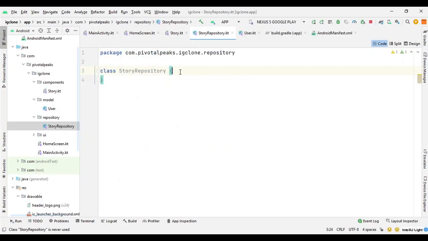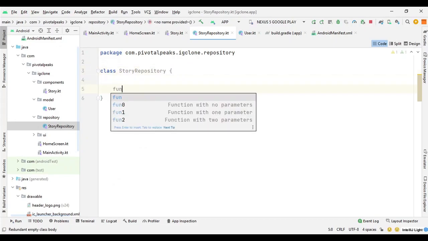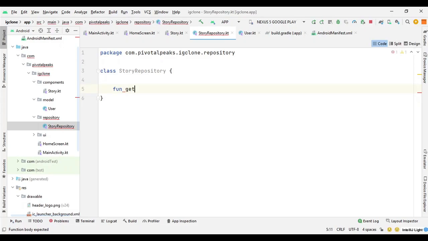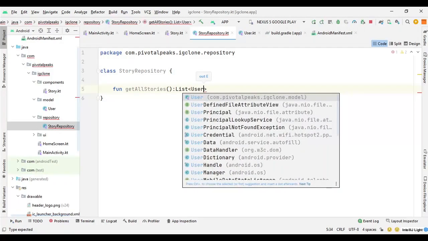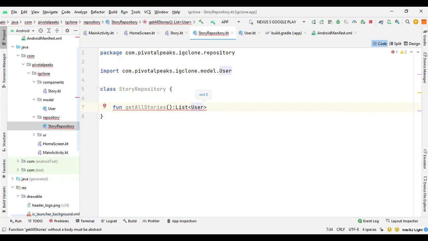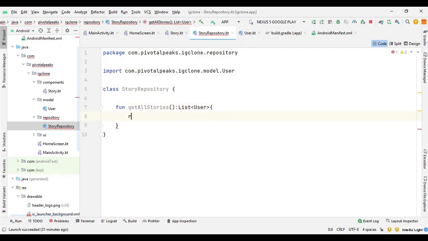Inside this class, we will create a function. So we can say function get all stories, and it's going to be of type list. So we can say list, and now we need to provide the data structure. So user is going to be the data structure, and then we can open the curly brace, and here we will say return